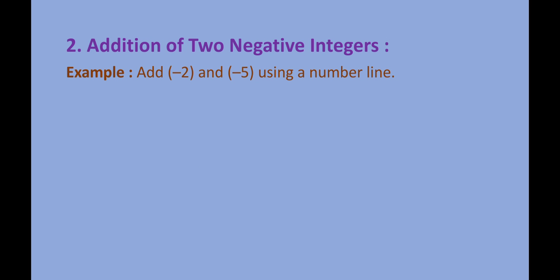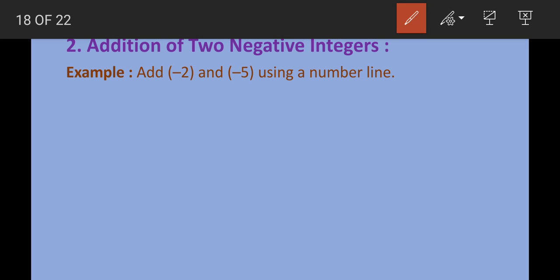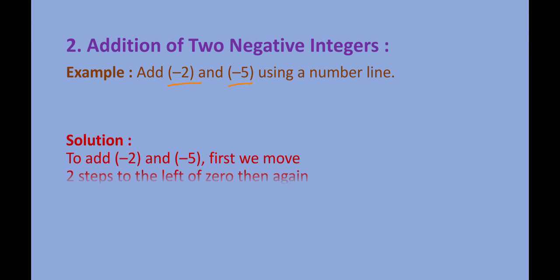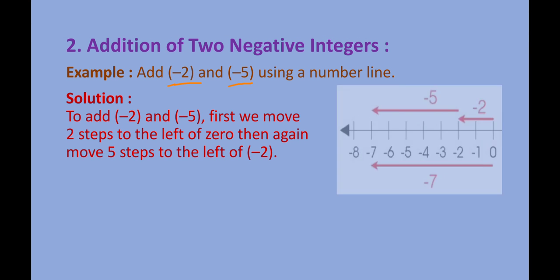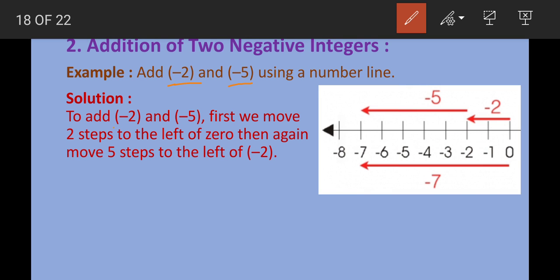Here is an example. We have to add minus 2 and minus 5 using number line. So here is the solution. To add minus 2 and minus 5, first we have to move 2 steps from 0 towards the left side. As it is negative, we have to move towards the left side from 0. So first step is you have to move minus 2 towards the left side, so it will reach number minus